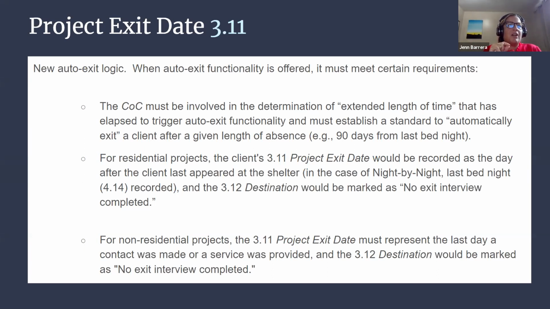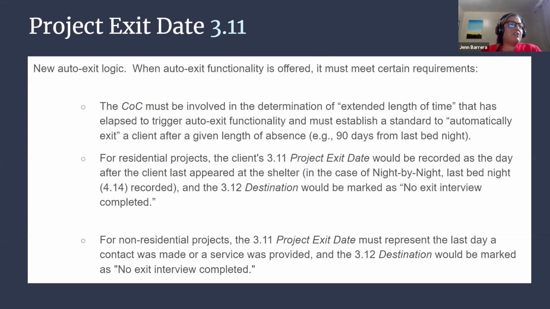If we were to be operating under the auto exit, the COC would have to be involved in determining the extended length of time that has elapsed that would trigger the auto exit. So in order for HMIS to set auto exit, our COC, our governing body, would need to make that decision of what would be the length of time established.